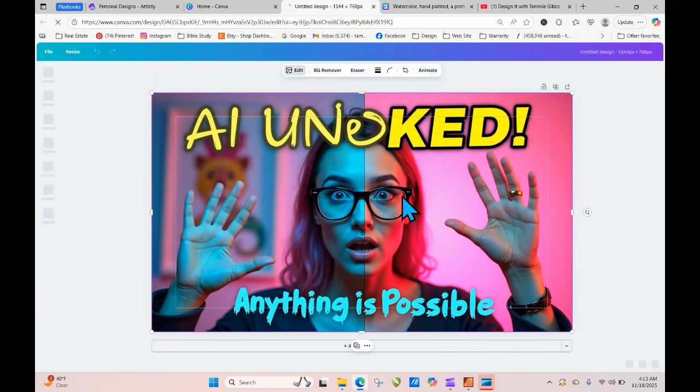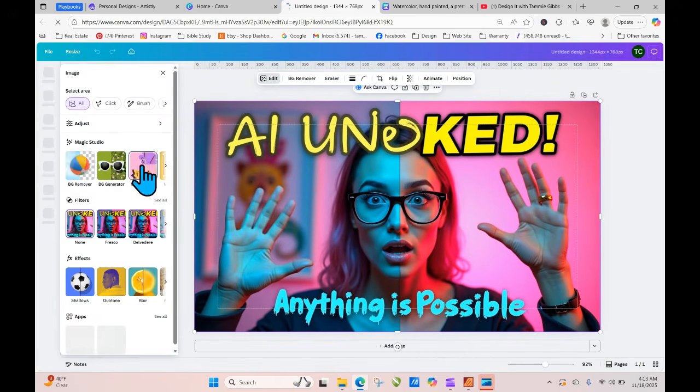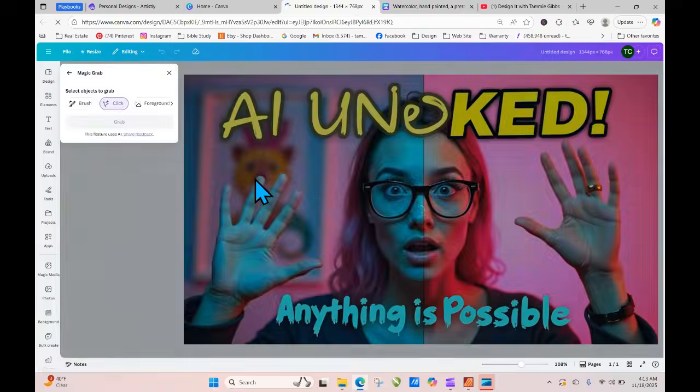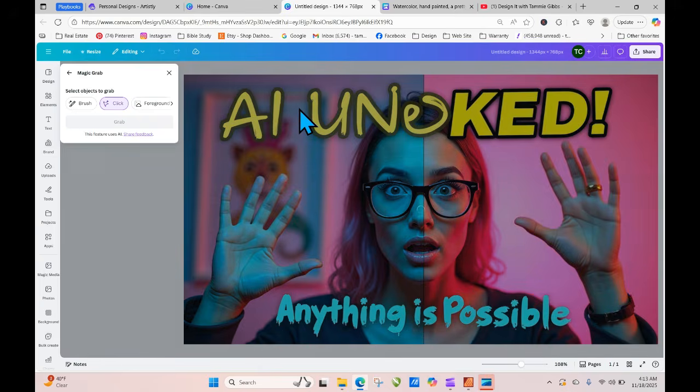There's a couple of different ways I can work with this. I'm going to first see if I can use the magic grab and whether that'll work. So we're going to do the magic grab, because I kind of like the image, but